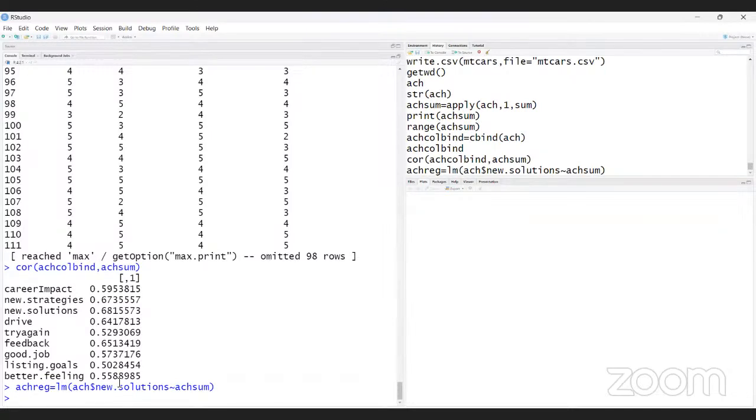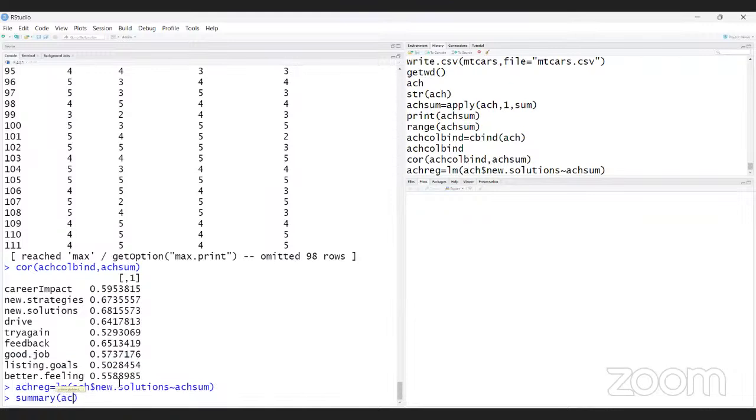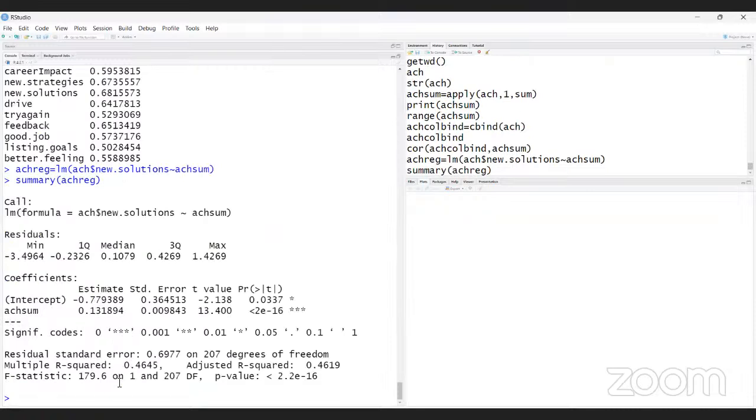Okay. Now I write down summary, bracket H reg. So now I am getting that the H sum is predicting the total, significantly.